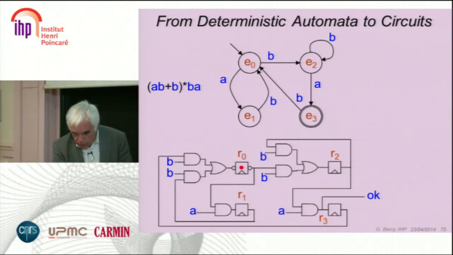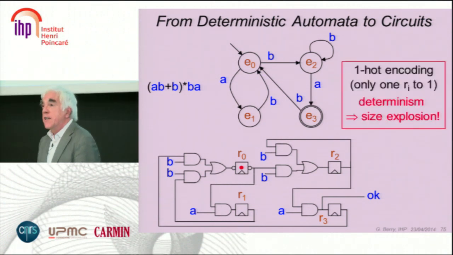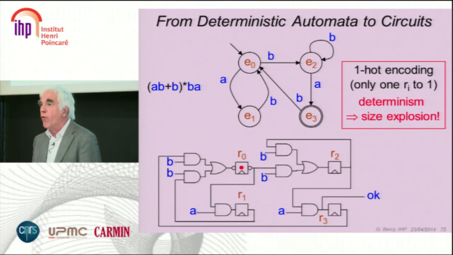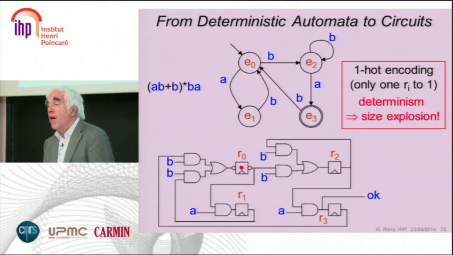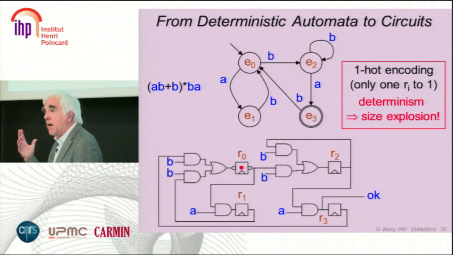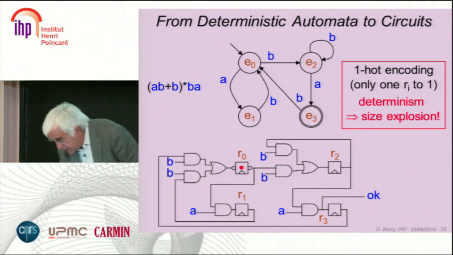Okay, it's trivial, but of course it has the problem of deterministic automata: if your deterministic automaton is not small, you cannot do that simply. Not small meaning, I think even 20 states makes no sense. We did it with automata with 10 to the whatever you like states, no problem.